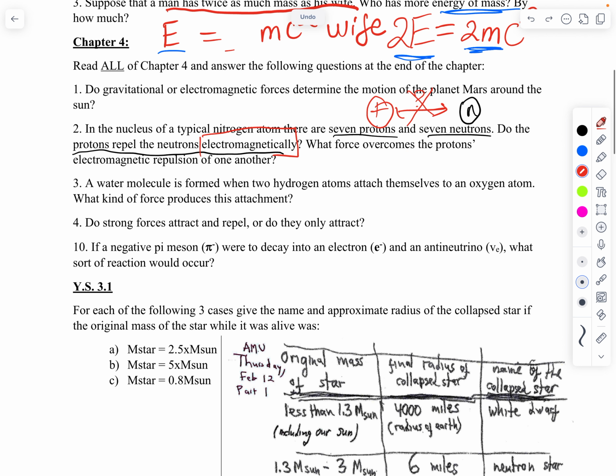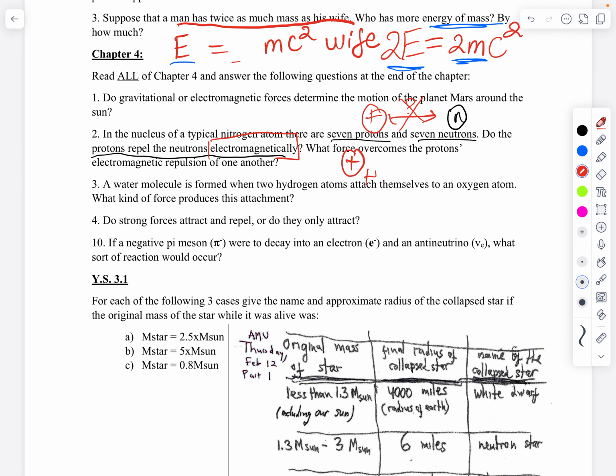Okay, so two protons, right? They are both positive, so generally they would be pushing each other out, repulsion. But in an atom, if there are two protons in the nucleus and they keep pushing each other out, it's only a matter of time until that atom falls apart, because these things are going to keep moving further away from each other, making the atom collapse. So in order to stop that from happening, there's another force called the strong force,